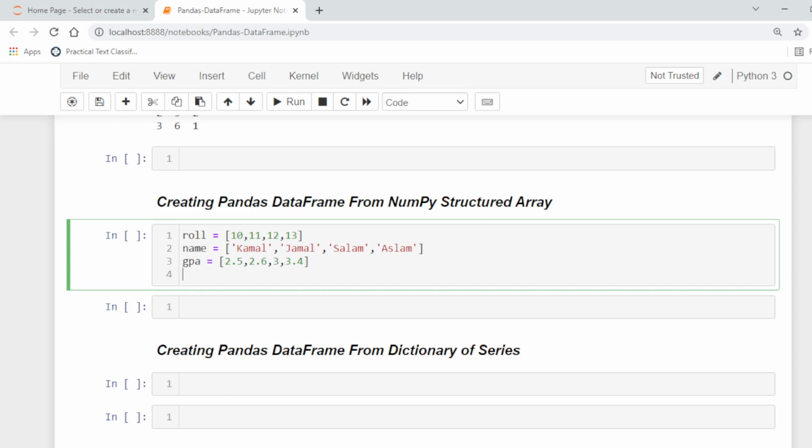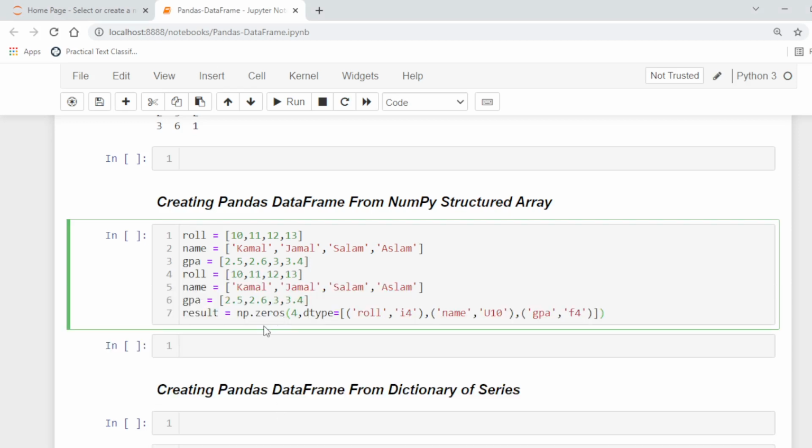So first of all, we will create a type for this. First of all, we create a blank array, which we initialize with zeros. So here np.zeros 4, because actually we are specifying the data types.